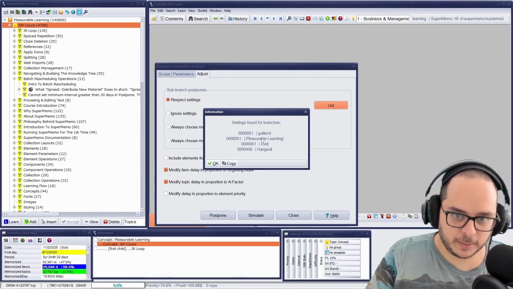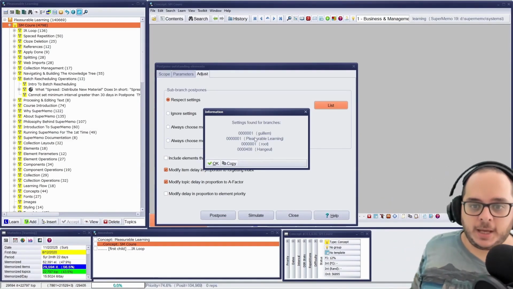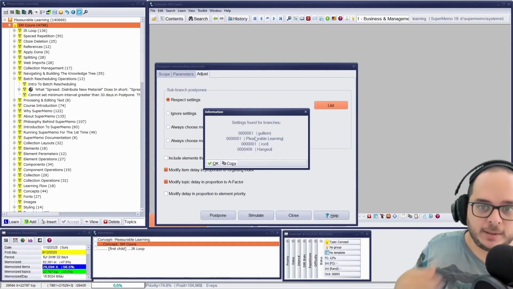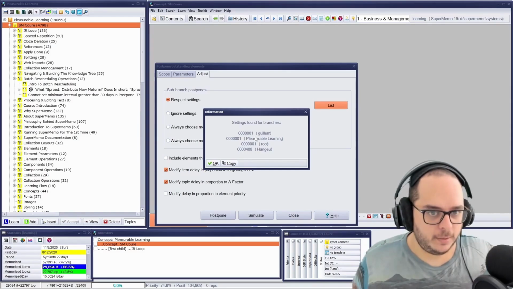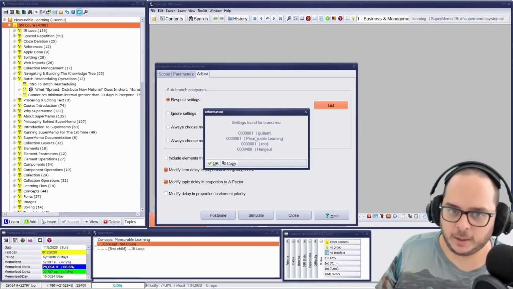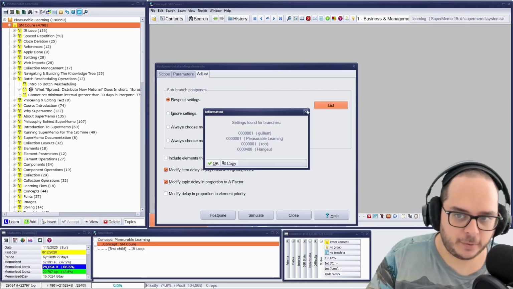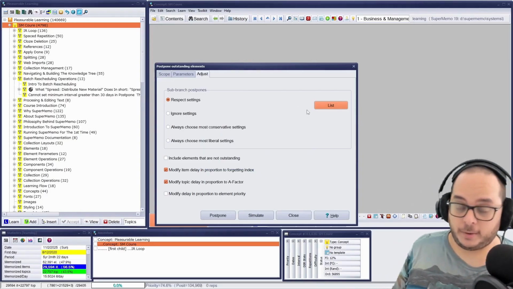Pleasurable learning, root is the same thing, the first element, or Hangul. In this case, in my collection, for Korean, I overrule it, because Korean for me is different. I cannot do the same thing as if it was English. It's harder for me, right? So the postponing will be more lenient.